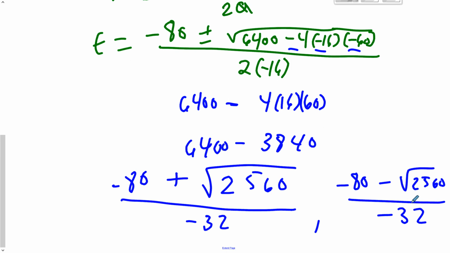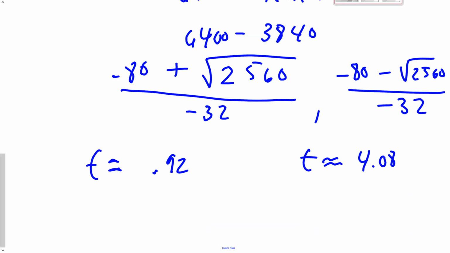Okay, so I'm going to do that, and you can leave that in your calculator. So once you do square root of 2560 on your calculator, just add a negative 80 and then divide by negative 32 and then press enter. And then on this one, do negative 80 minus the square root of that and then divide by negative 32 and get your answer. Okay, so when we do that, we get t is approximately 0.92 seconds and t